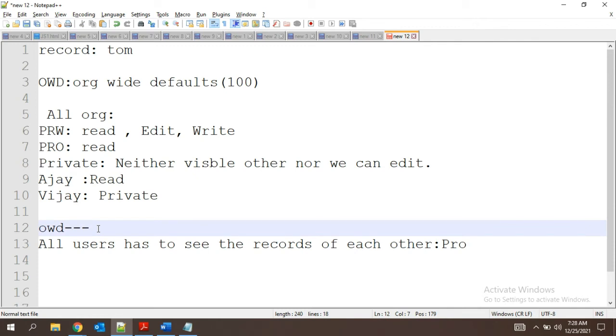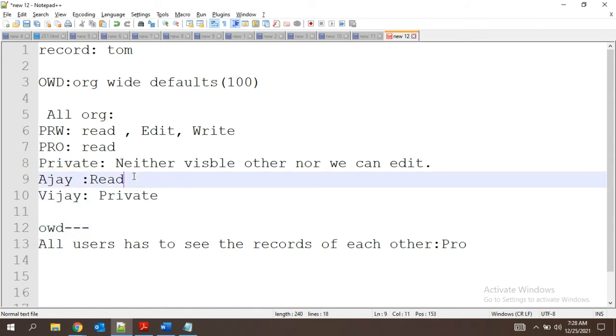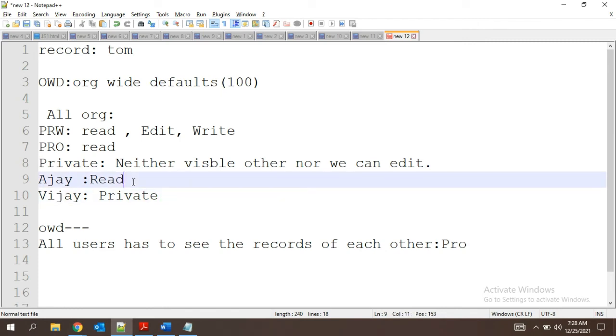Ajay, okay, good guess. But always we have to give the lesser visibility. That means in this, it is nothing. We can see nothing. Here, at least we can see something. But we should always go to nothing cases. That means we are going to hide for both. And in the next, I said profile, permission set, all those things are there.